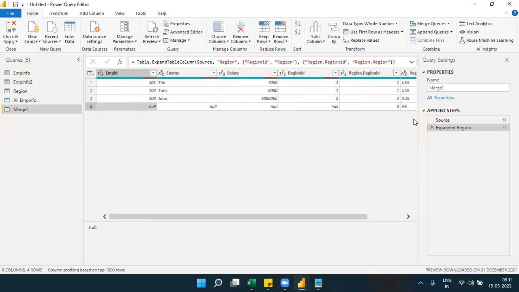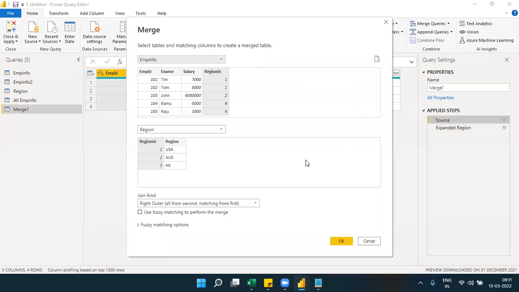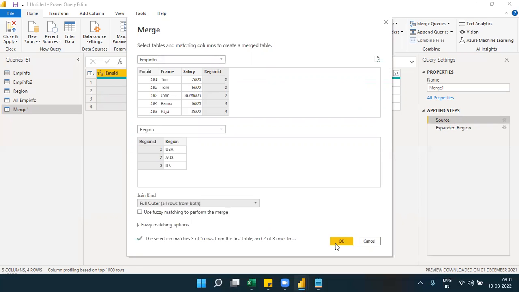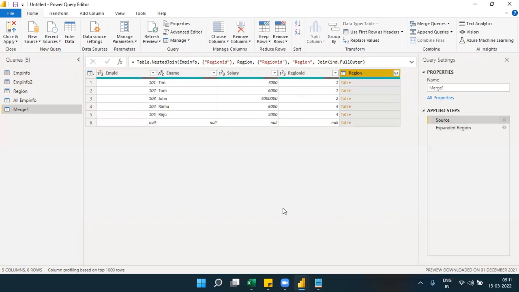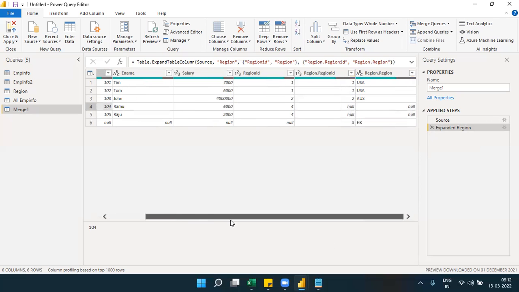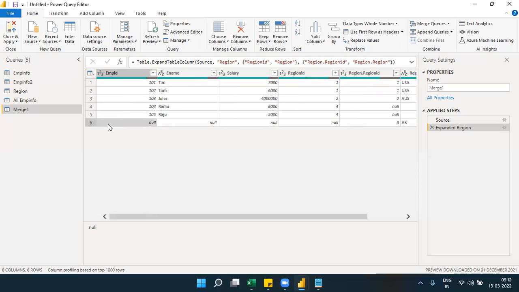So likewise, you can also make a full outer join as well. Full outer join means you can always go with saying it as a full outer join. So it was giving me the result of both the result sets, where you can see that. Records from the left table are coming, with 104 and 105 region ID and region name, and the records related to Hong Kong on the right side are also coming. So where you can see that left